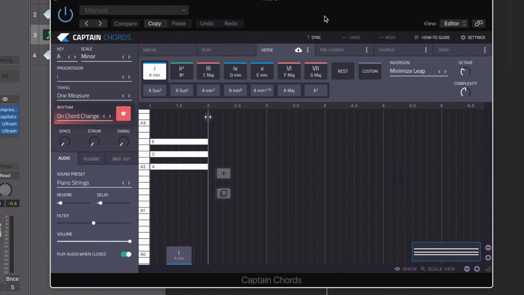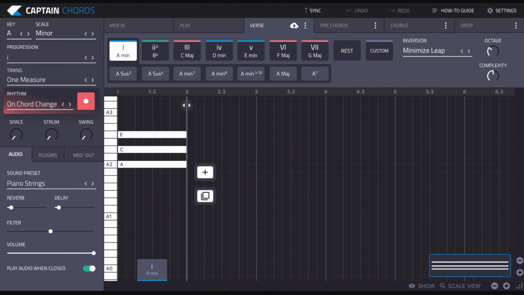Now, just to give you a bit of insight into this little beat track that I've made, this loop, I started with Captain Beat. I made a sort of down-tempo style, break style loop, and then I tuned it to B minor. I then wrote the melody in B minor, just setting Captain Melody to B minor. And then I added a bass line which just matched the bottom line of the melody. So there's nothing complex there, but just to give you an insight how I started to make this and build it up. And normally I might add the chords first and then write a melody to match the chords. But for this tutorial, we're going to write the melody first, which I've already done.